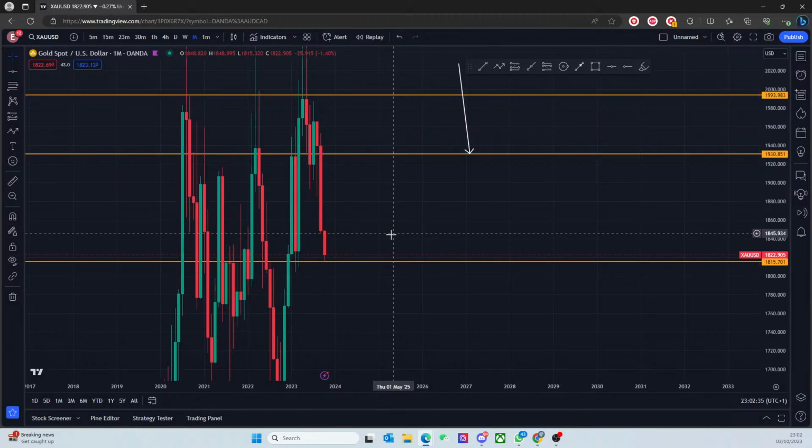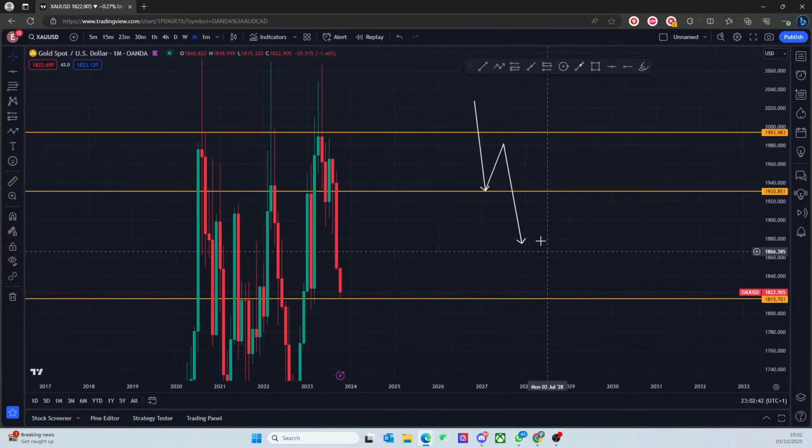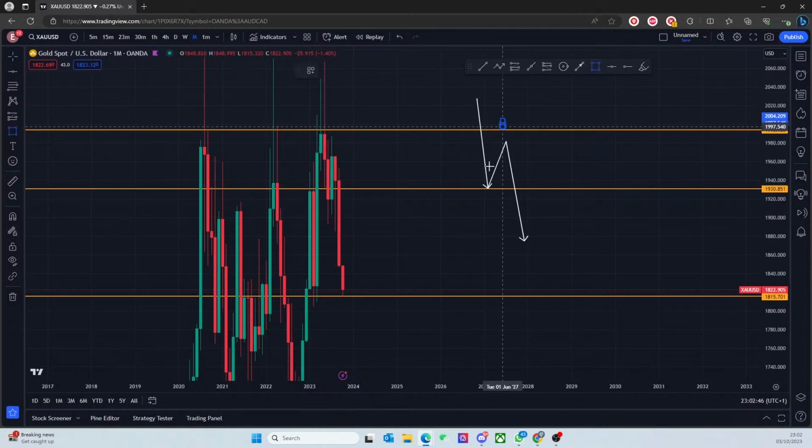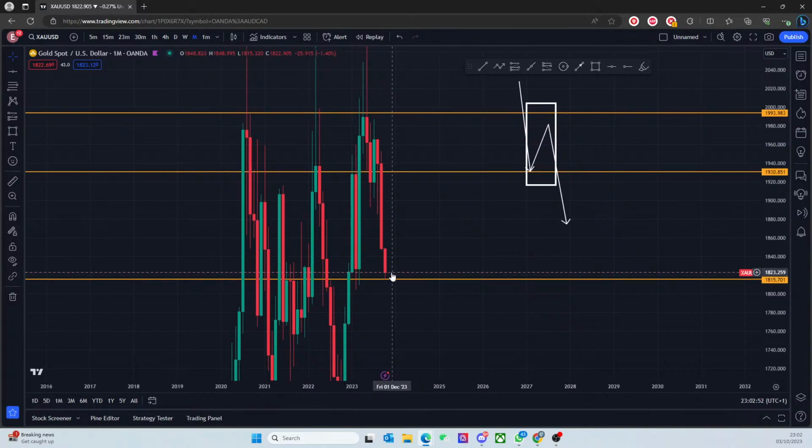But we also need to understand that for price to continue driving down, it's very likely that we're going to see this first and then a push down. So this push here, this is what we're looking for to catch. If you're in a buy here, to be honest, it wouldn't even be that bad. I wouldn't take a buy immediately because of the monthly time frame.